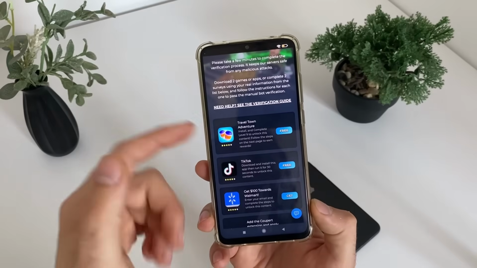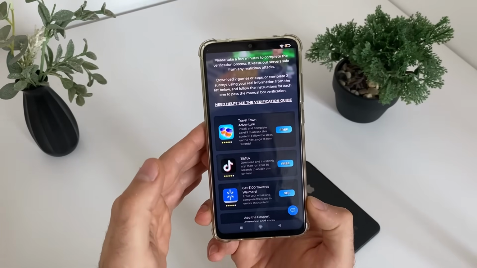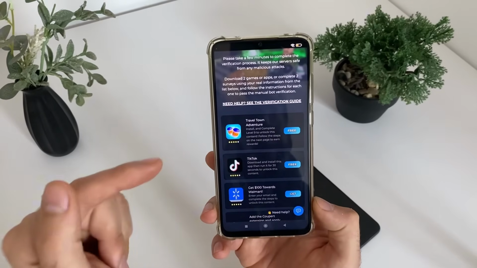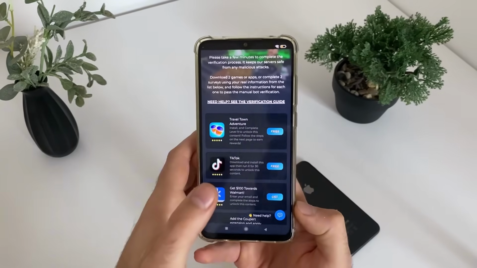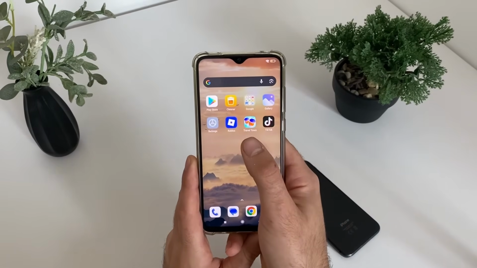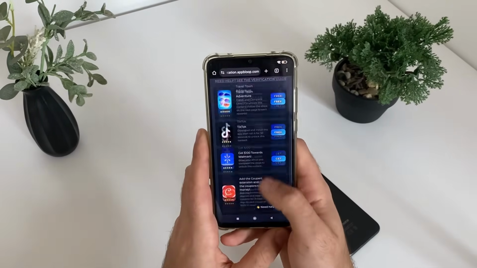Just download, complete the task, and you will get this hack. So I will be back after I complete these 2 tasks. A few minutes later. Okay guys, I have just completed this task and this task, and I got this message: